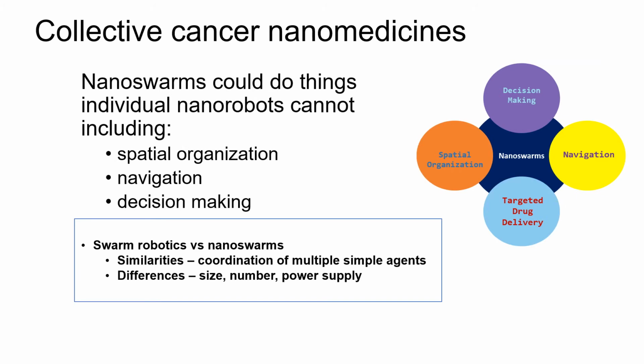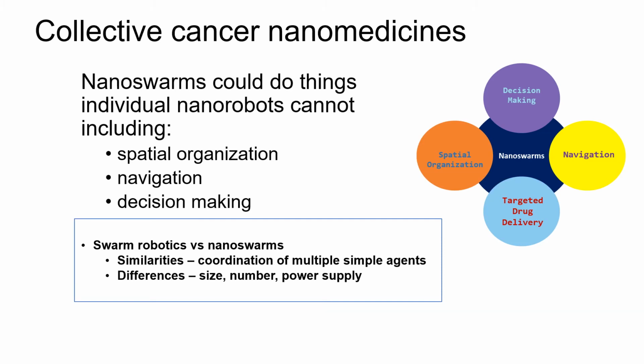As we've seen in the previous slide, nanorobots have different methods for eradicating a tumour, and nanoswarms could do things individual nanorobots cannot do, including spatial organisation, which could lead to higher tolerance to transport and biological barriers, navigation, which could lead to adaptability to complex and dynamic environments such as blood vessels or tumour tissue, and decision making, which could lead to the nanoswarm having information about the state of the tumour,